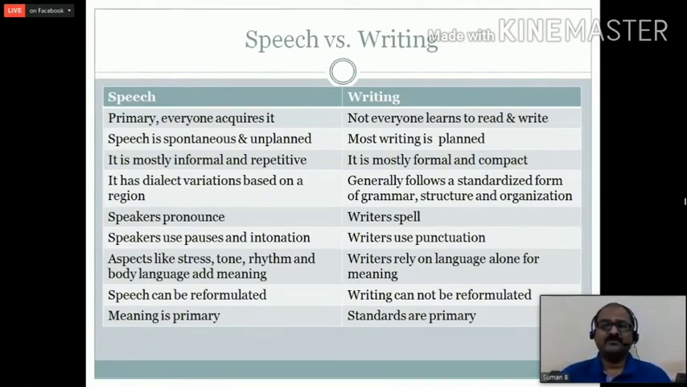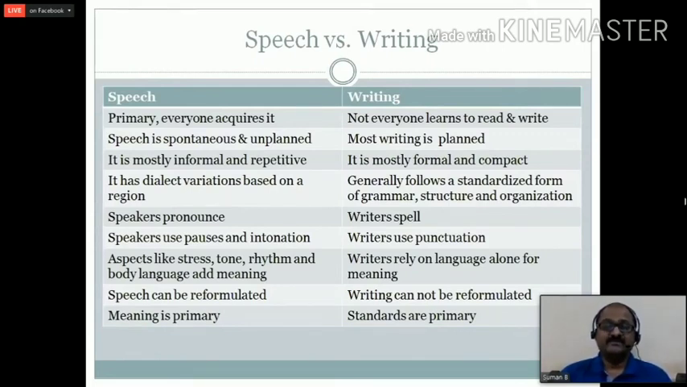Speech can be reformulated. What do we mean by this? While you are speaking, if you make some mistake, you can get immediate feedback from your audience, right? Your audience can let you know what is wrong with your speech through their body language, or they can directly tell you. So you can always reformulate it. But when it comes to writing, once you finish your writing and you post it, whether it is a letter or email or just a post, once you send it to your receiver, you cannot reformulate it. It is final. So this flexibility